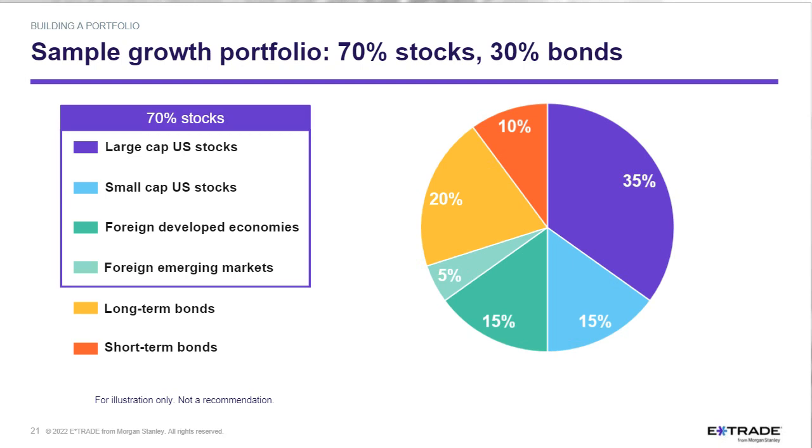And as I'm illustrating here, having some large cap stocks, notice I got most of the portfolio in large cap, some small cap, and then some investments in foreign economies. So I've diversified myself across company size and including some international diversification as well. In the bond portfolio, the portfolio is mostly long-term bonds, but a little bit of short-term bonds. If one wanted to tilt the portfolio to a more moderate allocation,